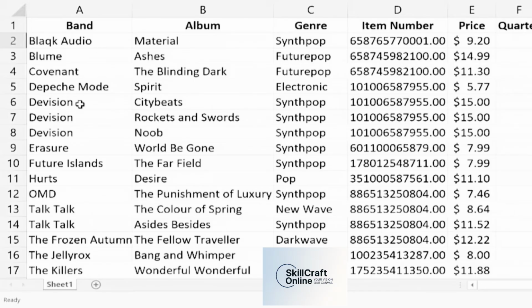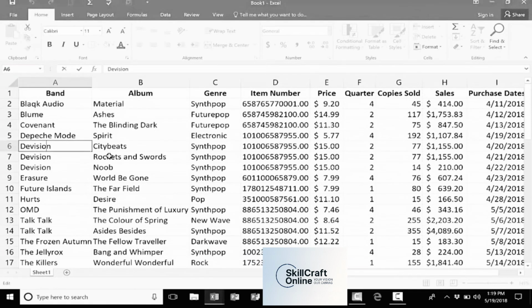Here, the band Division, which is very similar to Depeche Mode in a lot of ways, but also over the years they've developed their own sound, their own take on synth pop. But anyway, I've noticed that Division here is not spelled exactly right. And of course I could fix that myself. I could just click on each cell or double click to get inside the cell and change the spelling to make it correct. But there's a much faster way to do so, and that is by going to the Home